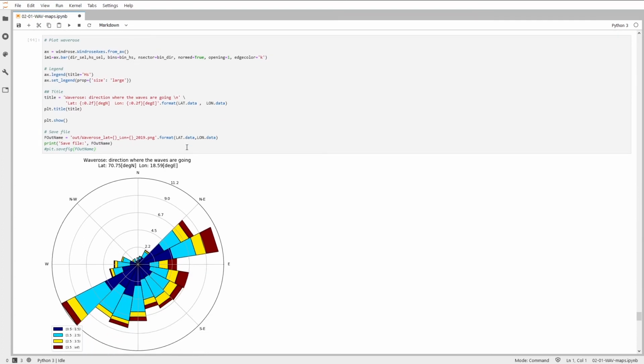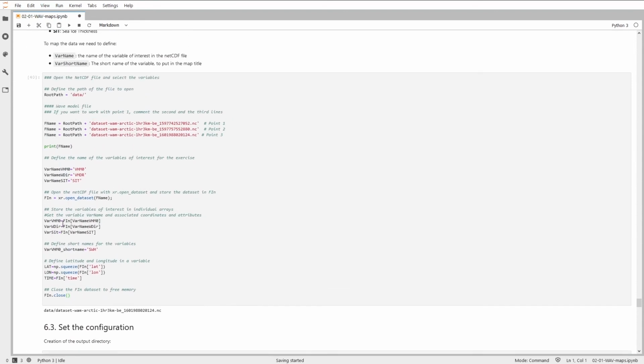So this is our wave rose. This is the direction where the waves are going. You could ask me, but where? This is latitude and longitude. Why is it at this point precisely? Latitude 70.75, longitude 18.59. Because when we defined our points, we defined the 3 points here, but there is the